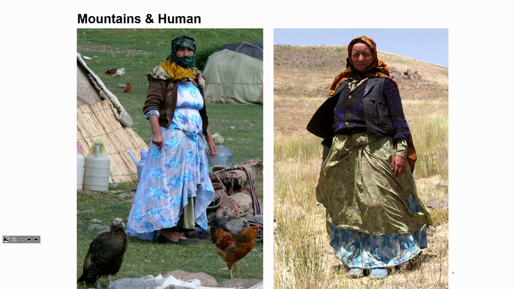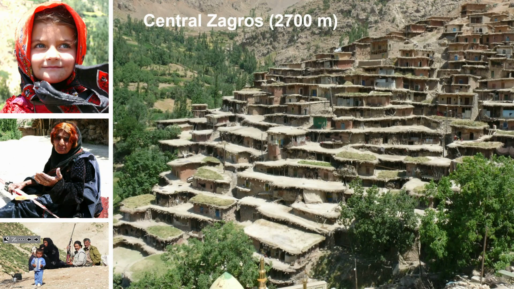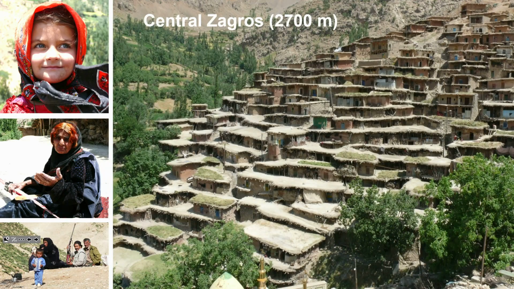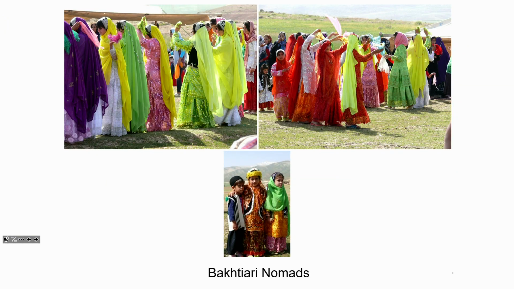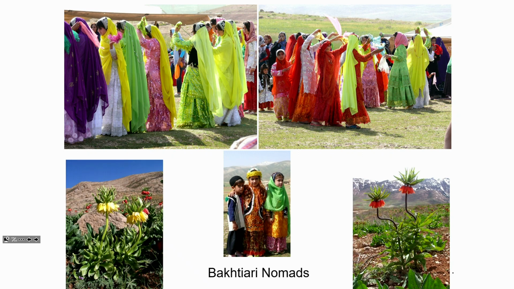And the human, indigenous people in the area, some nomads, Shahsavan people, moving from one region to another region, and from lowland to high elevation in summertime, with a very simple life. These local nomads are in the northwest, and Bakhtiari nomads are in the Zagros Mountains, with very beautiful costumes, at least in the wedding party, which is very close to the nature of the region in central Zagros, to fritillaria, yellow,